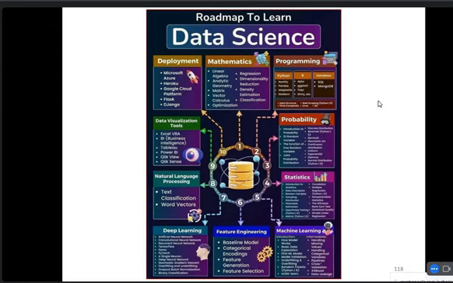I would like to explain the practical session on machine learning. And this is the slide I would like to convey and give explanation on, what is the roadmap of data